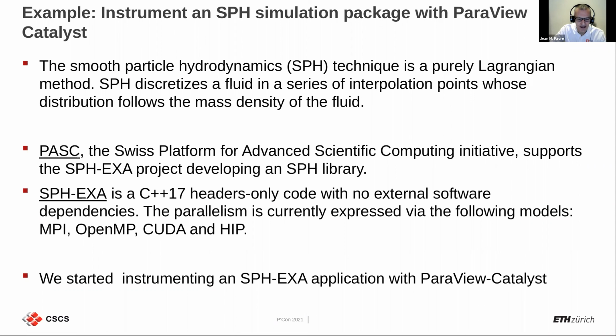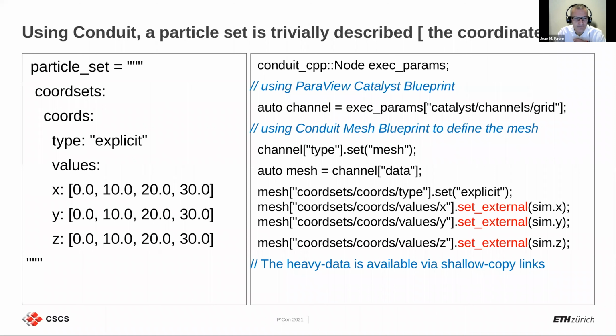And SPH-EXA supports parallelism in different forms: MPI, OpenMP, CUDA, and HIP. So we started instrumenting the SPH-EXA application with Catalyst. And here's the effort that was required. Using Conduit, a particle set